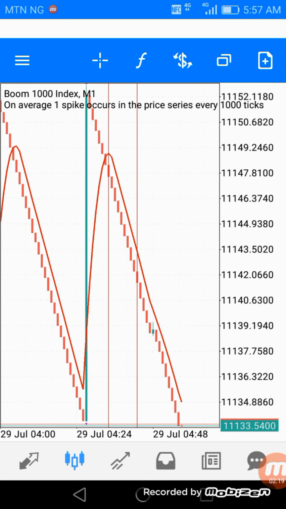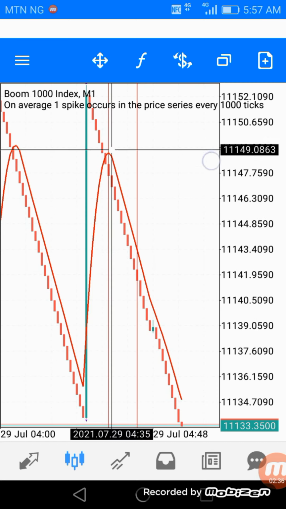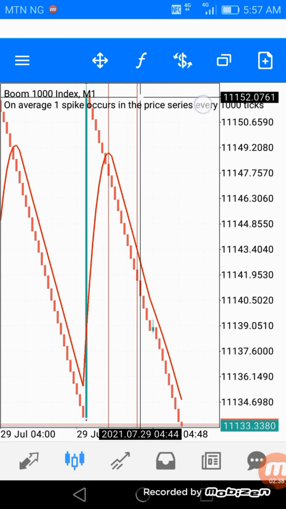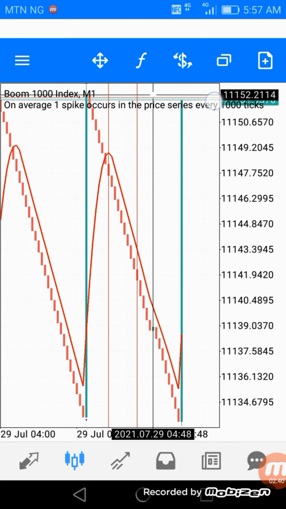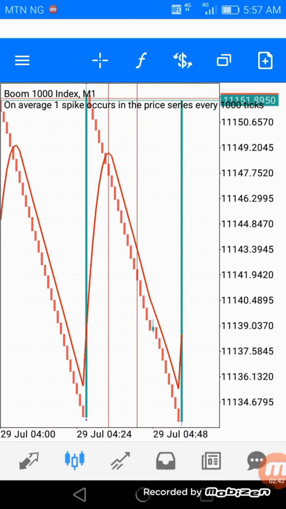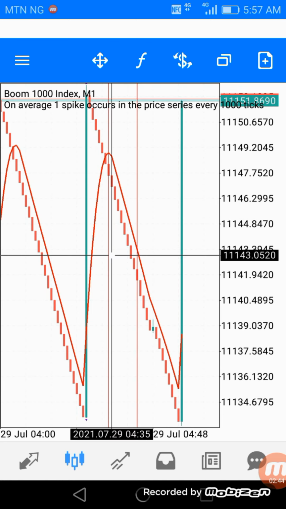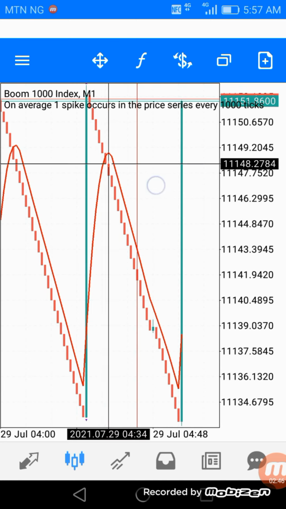Please don't get confused. Let me take it once again. Irrespective of the number of calibrations you have on your chart, you are counting half of the number of calibrations. Now for boom, if you have, for instance, 20 calibrations on your chart, for you to execute your trade at the point where the moving average interacts with the market,